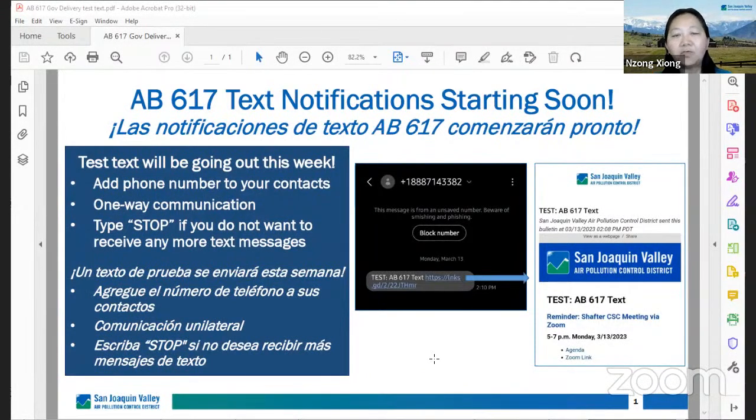us. And for the most part, these text messages will be for reminders for the main CSC meetings and for events that are AB617 related. And just a reminder that these are text messages, so these are one-way communication. So if you try to respond back to that text message, we will not see it. If you want to let us know about anything, please just email us or call us, and that way we